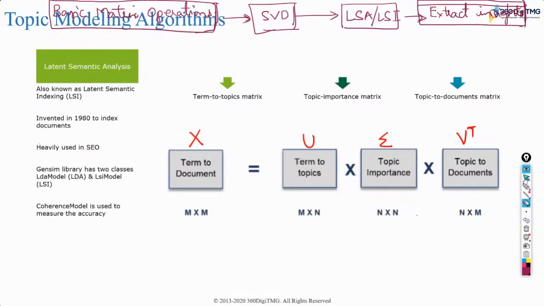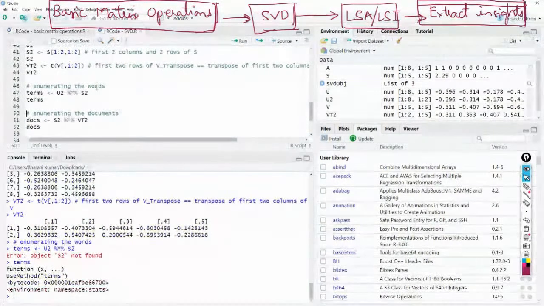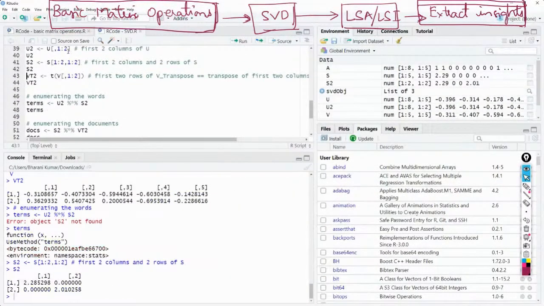Let's see how that would capture. So if I take just U and sigma, when I multiply, I'm taking a rank 2 approximation. I'm not taking the complete matrix. Okay. And when I multiply these two, you get something called terms.